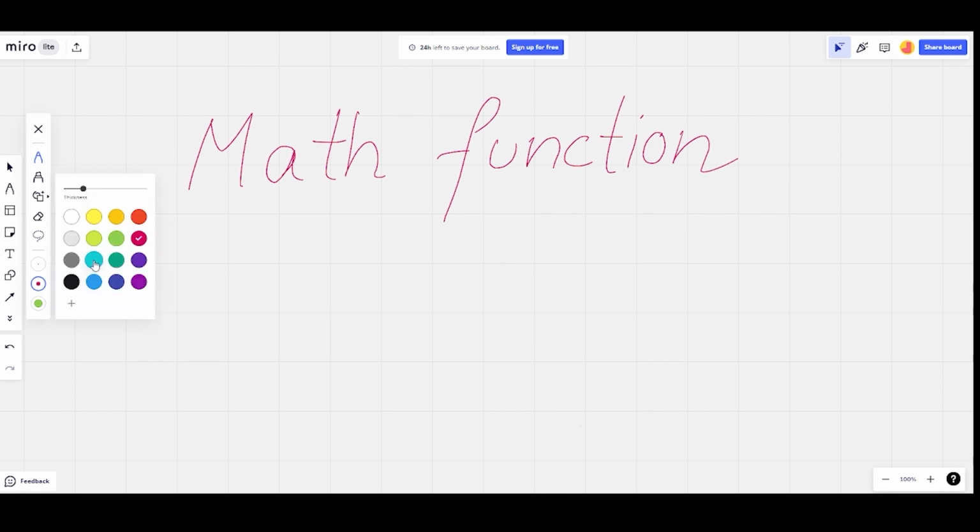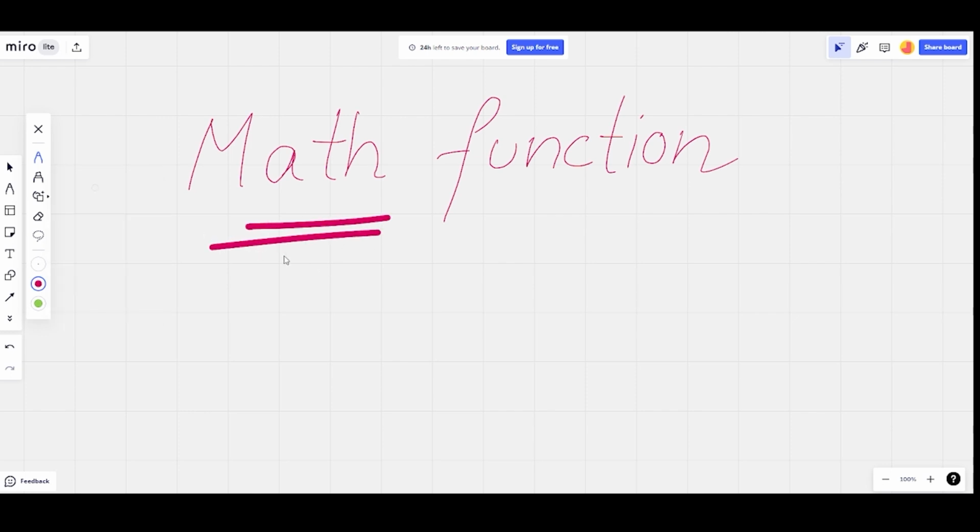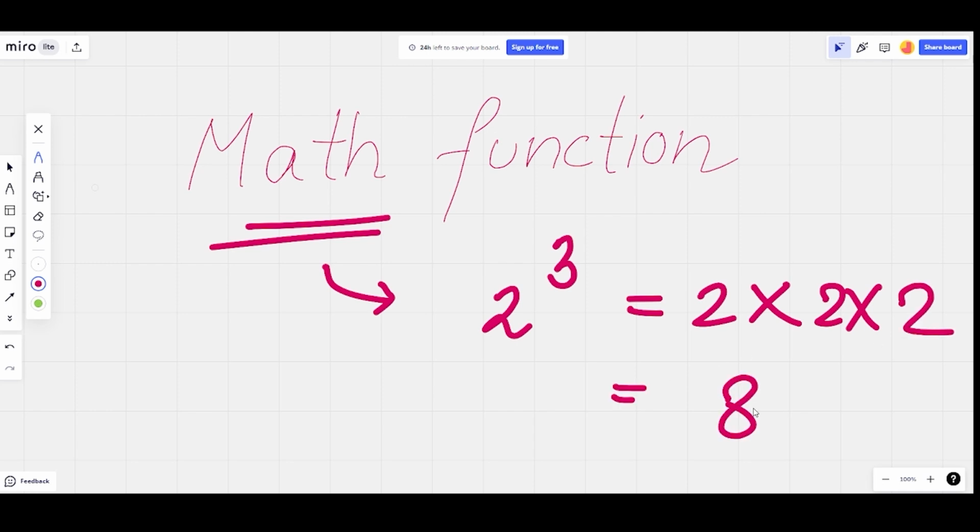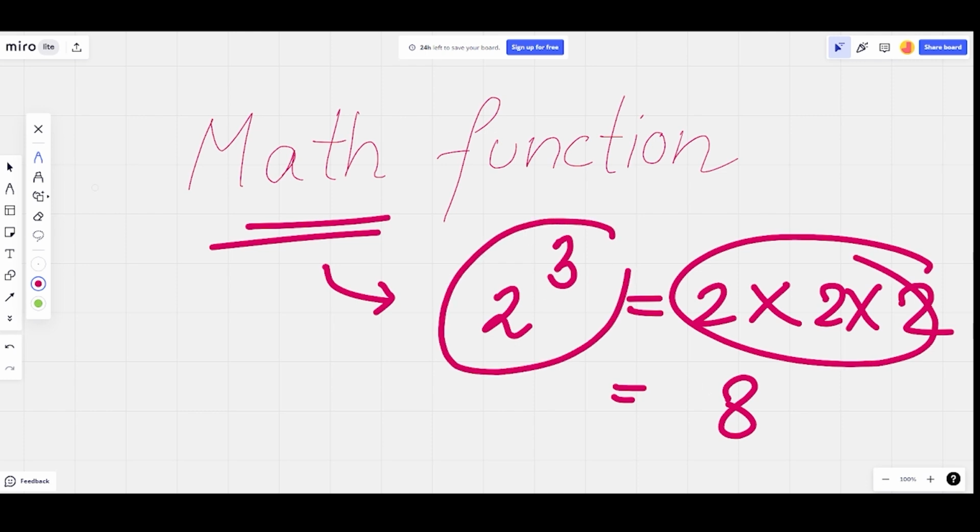So it is pretty much clear that when we talk about maths functions, they will have certain operations of maths. If I give one example, let's say we have 2 to the power 3. This is a maths problem, and I can write this as 2 multiplied by 2 multiplied by 2. Rather than writing in this longer format, how can we write this in C++?